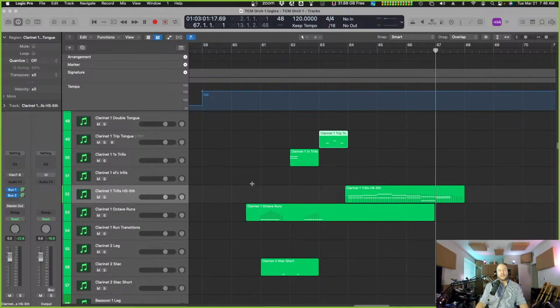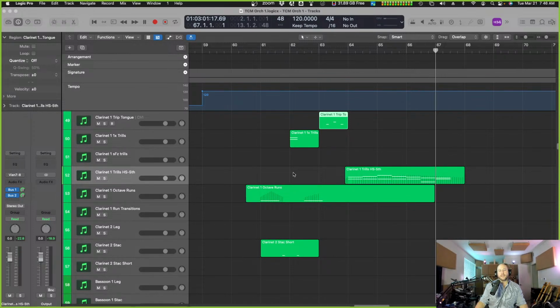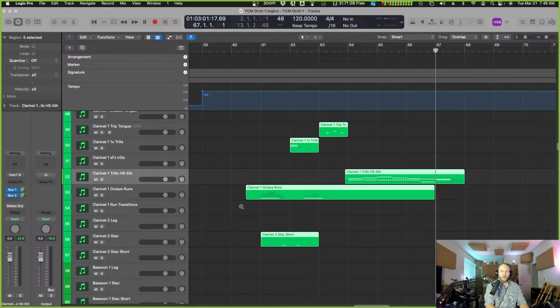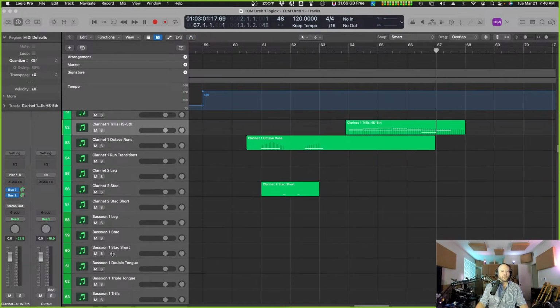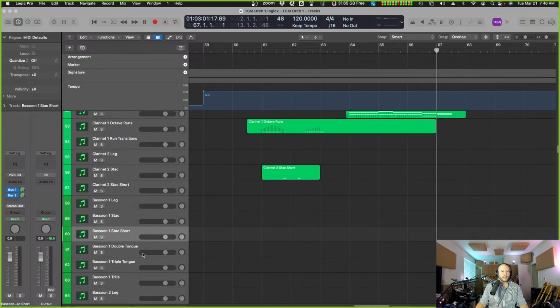A lot of this will be dictated by how much time you have, or how well you know your own samples. I'm sure I can squeeze some more expression out of this little dinky composition here. But what I'm trying to show you is that if you're using the tools that you have available, you can get something that does sound more or less believable. What I'm going to do is just add some simple accompaniment